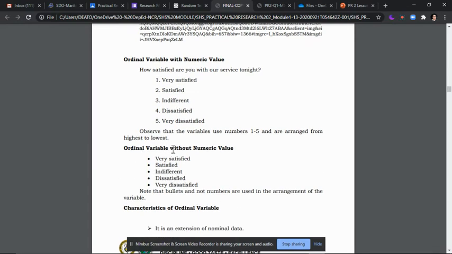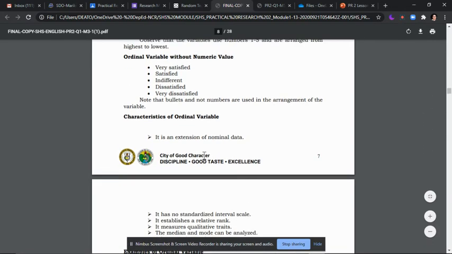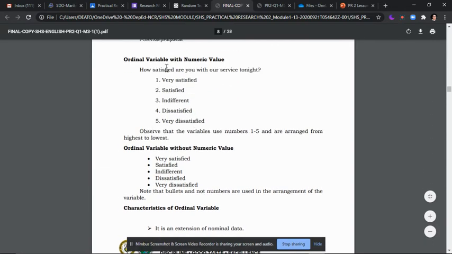magiging quantitative data ninyo para sa research. So ordinal variable without numeric. So yan, very satisfied, satisfied, indifferent, dissatisfied, very dissatisfied. Although wala siyang number, yun nga lang, medyo magiging tasky na bilangin pa yung sumagot. So bibilangin mo lang talaga yung quantity. Unlike dito sa nauna, pwede mong kunin yung average kasi may numbers na siya. Or yung mean. Kung napag-aralan nyo na yung mean sa statistics, madaling kunin yung mean dito kasi meron siyang representation.